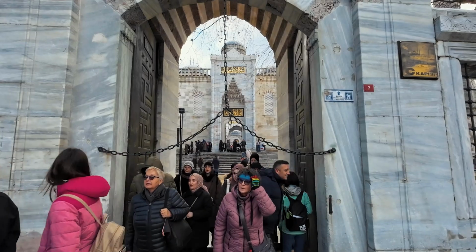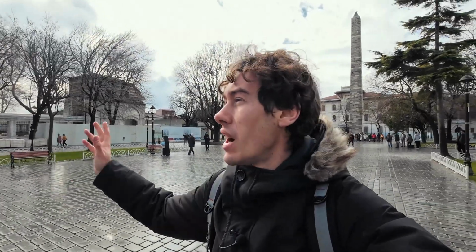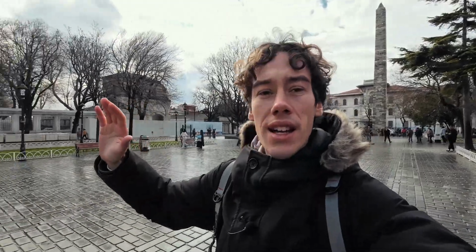Walking over the square just outside the Blue Mosque, you just realize history here can be really fascinating. I didn't know, for example, that in the 7th century before Christ it was the Greek expeditioners that founded Istanbul. Then also the first thing that you will notice when you exit the Blue Mosque on the square is this